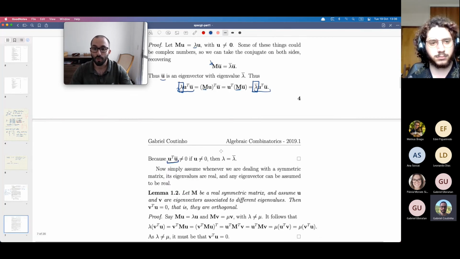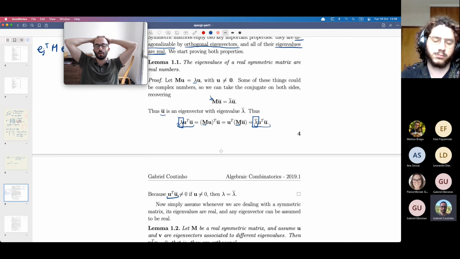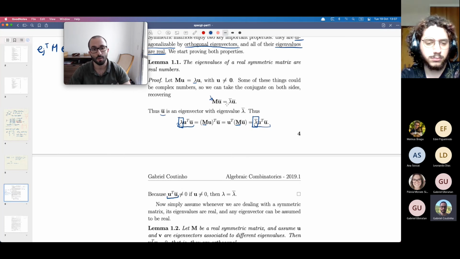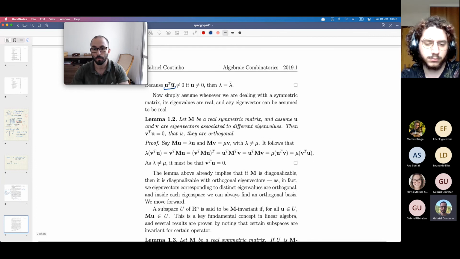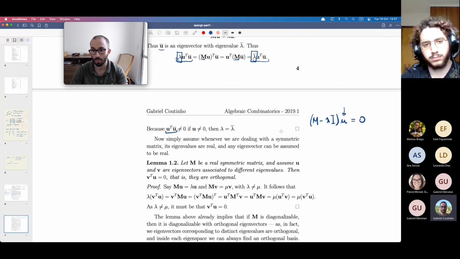And then of course, if you have real eigenvalues, you can simply assume that your eigenvectors are real vectors, because you can compute these eigenvectors by using Gaussian elimination, and M is real, lambda is real. Because M minus lambda I times u is equal to 0, you can always compute this to be real. All right,